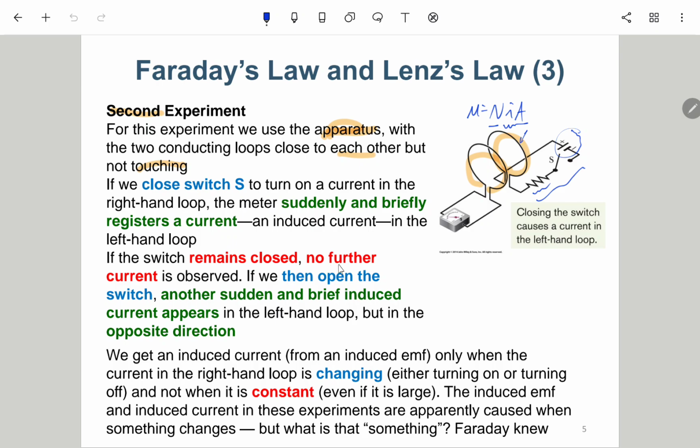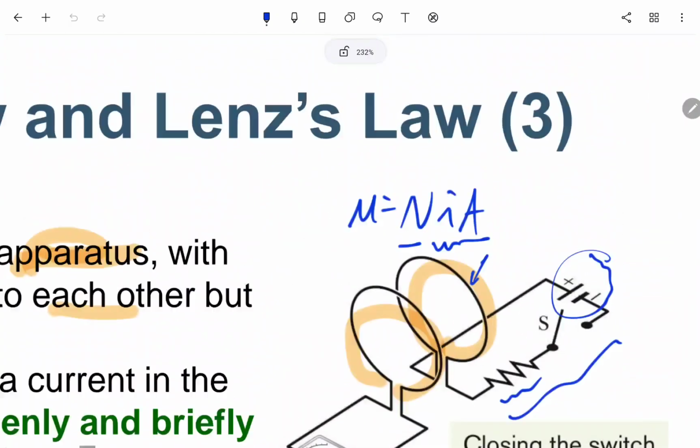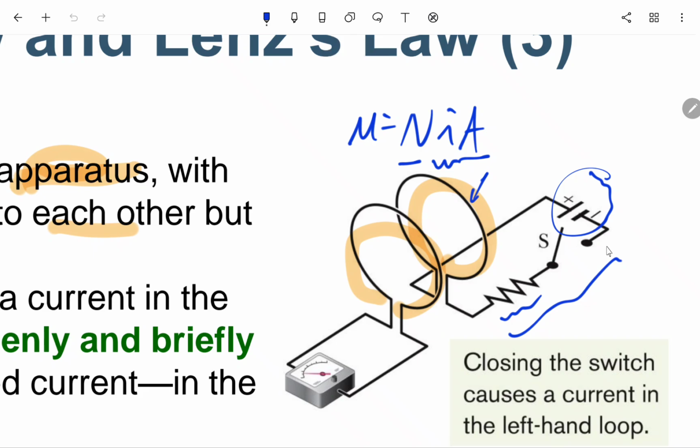If the switch remains closed, no further current is observed. If we then open the switch, another sudden brief induced current appears in the left-hand loop, but in the opposite direction. So these two paragraphs tell you that if the switch is initially open and then we close it, suddenly there is a current, and then it disappears. Then when you open the switch again, another current appears, but in the opposite direction. So the phenomenon we observe is similar to the previous one,